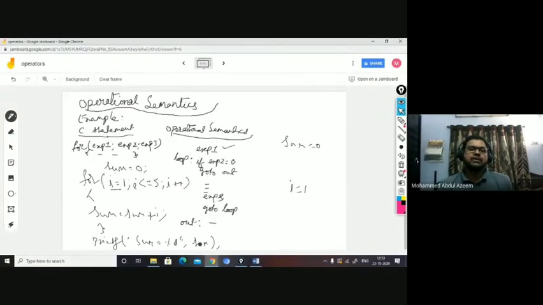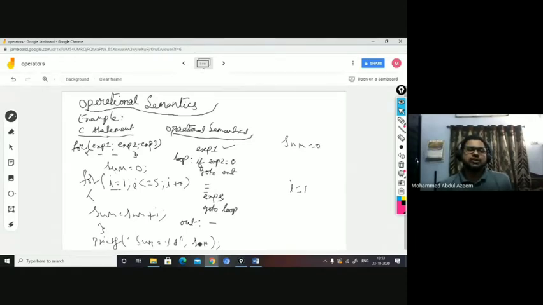Then 1 less than or equal to 5 is tested. If this condition is found to be true, you will be allowed inside the block. That is what we are specifying, the semantics of the for with the help of this set of statements to the computer.